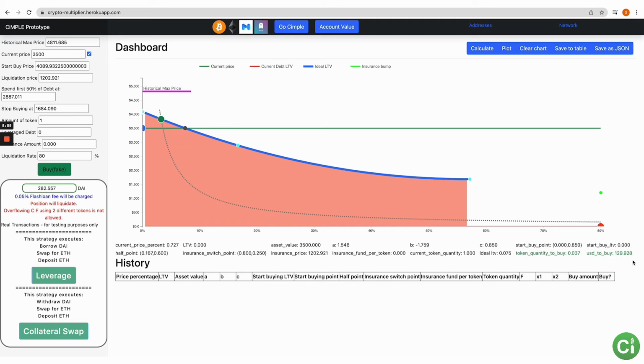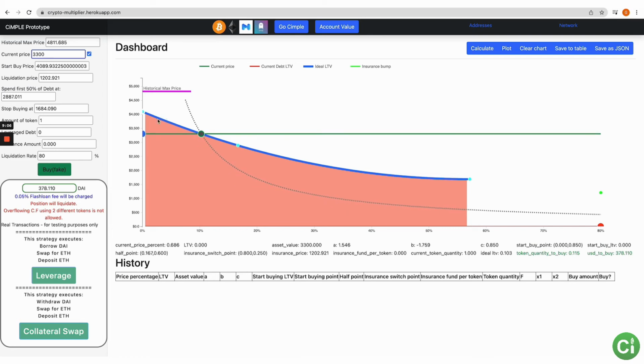So if it's 282, that's $53 worth of debt that isn't being used right now, which means if the price goes down to 3,300, let's say, okay, then if you did that fake buy there, you'd have an extra 52 here compared to if you bought the full amount, right? So all it's doing is just making partial bets that allow you to go even deeper later.